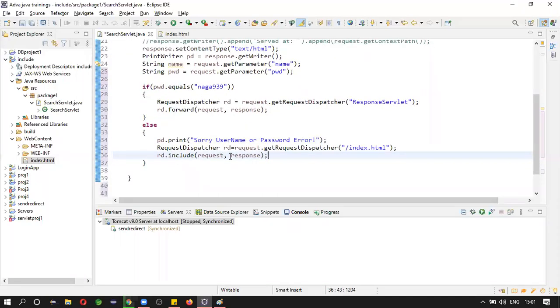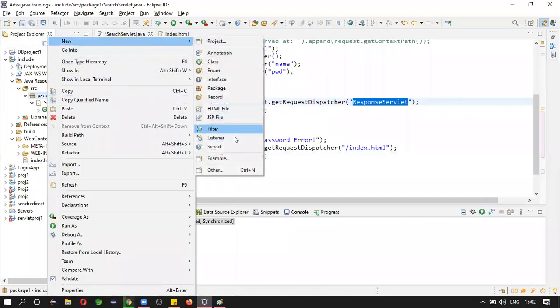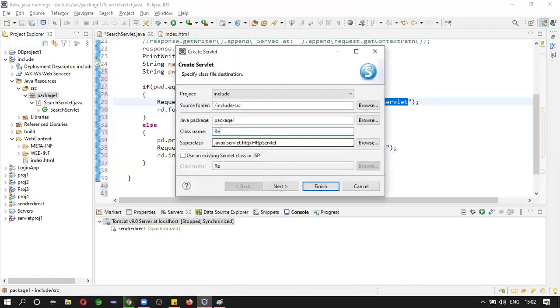Now it is already available right here, but this is not available. So let us create one more servlet, the response servlet.